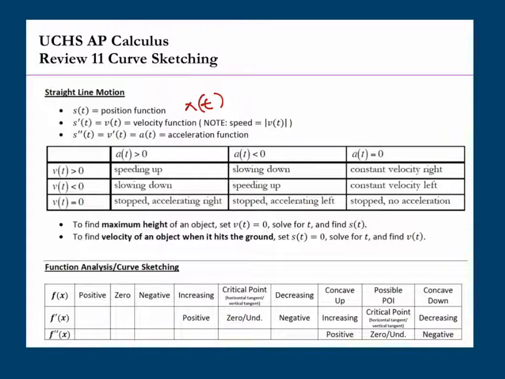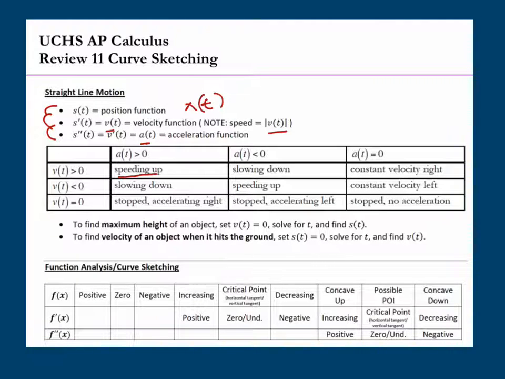And then the derivative of that is the velocity. And notice the absolute value of the velocity is speed. And the second derivative is the derivative of the velocity, which is the acceleration function. And you know you can go backwards too using integration. Now it gives you a little chart to help you when velocity is increasing or greater than 0 and acceleration is